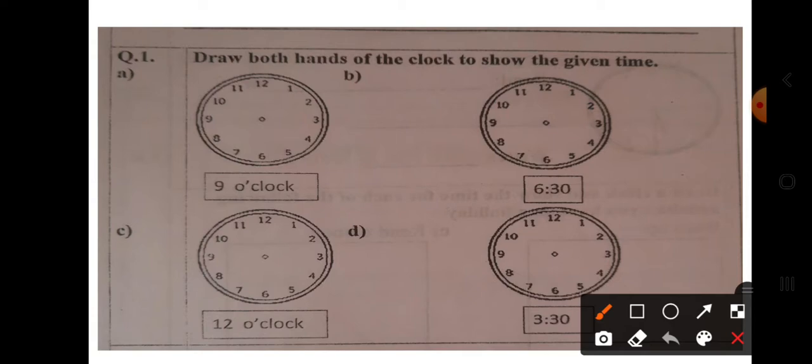Okay. 9 o'clock. Now 9 o'clock means where will be the small hand? The hour hand will be on 9, and the big hand will be on 12. Okay. The second one is